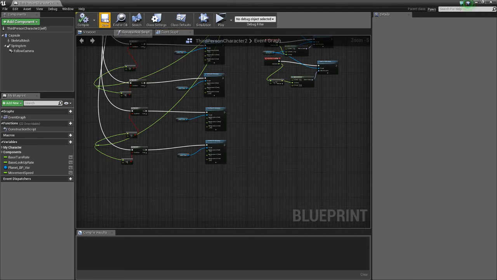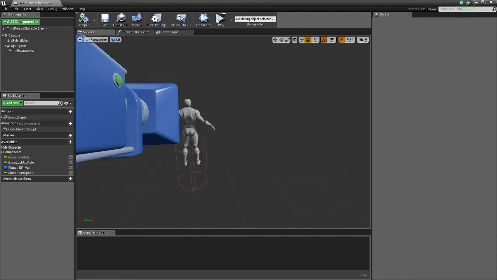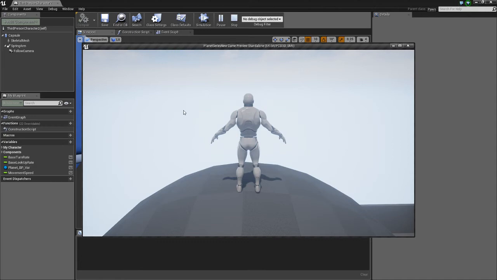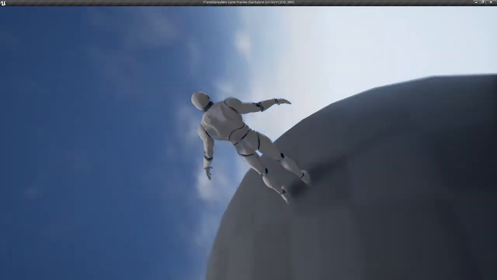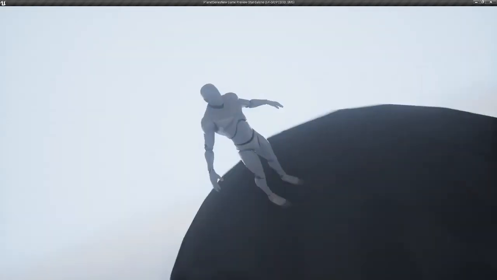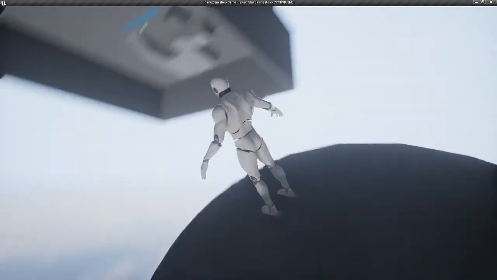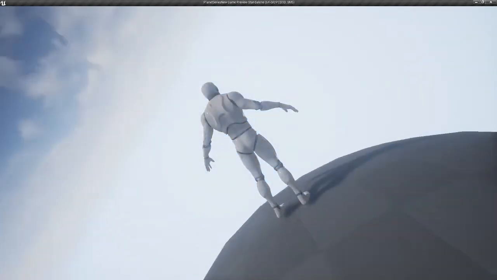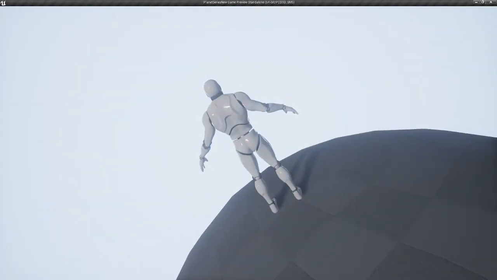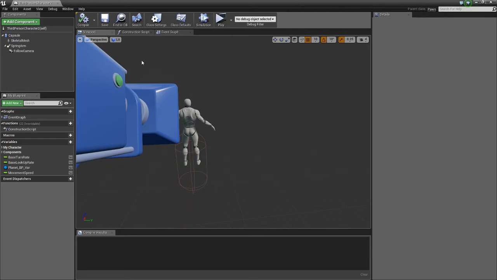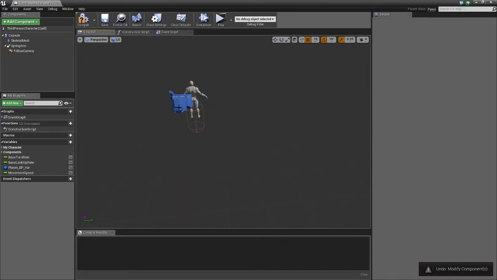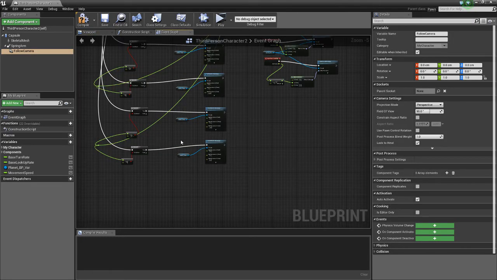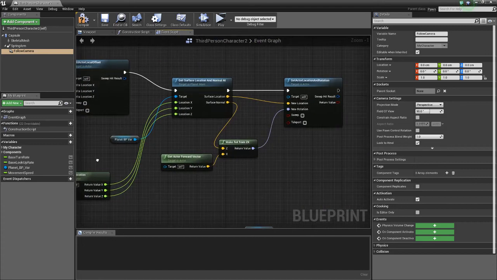Oh, we'll wait on that. We'll just do this for now. So yeah, we got this implementation going where we can kind of look around. But we want to always keep the camera rotated with it, which means the red axis, the x-axis. So